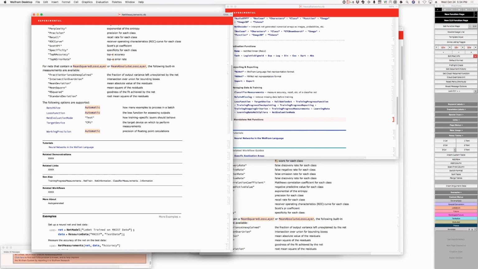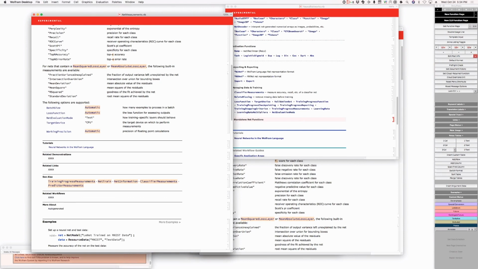Does that information seem relevant? Predictor measurements also. No, I don't think that information is that relevant, honestly. Okay. So then in NetTrain,